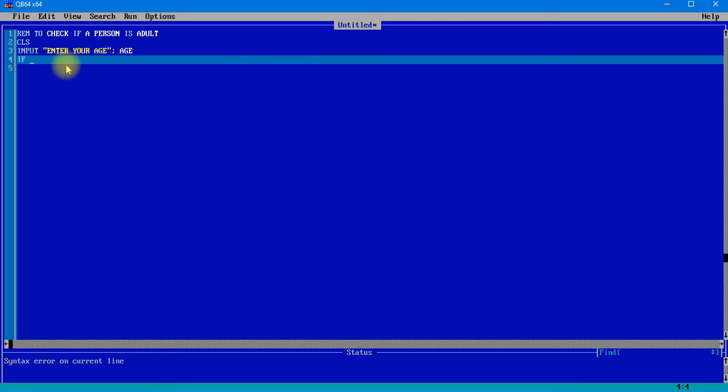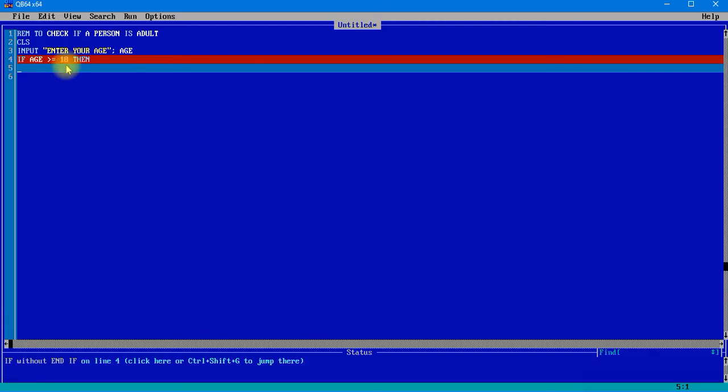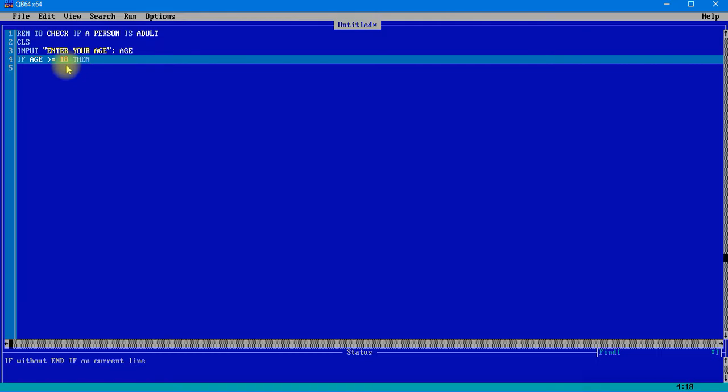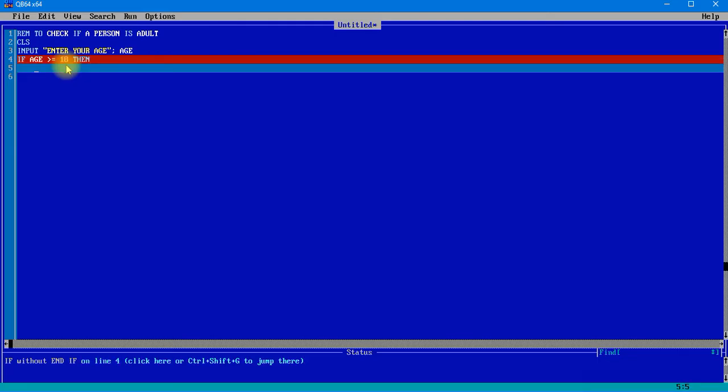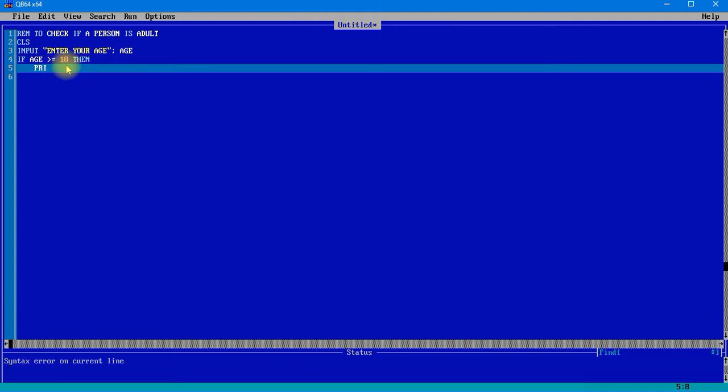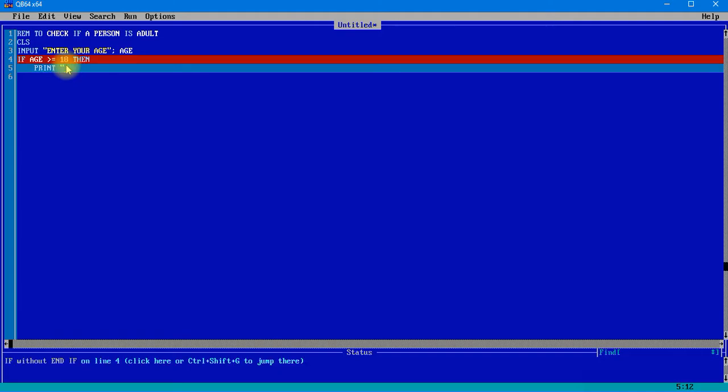So if age greater than or equal to 18, then we can say: if age greater than or equal to 18, then print, what should I print?